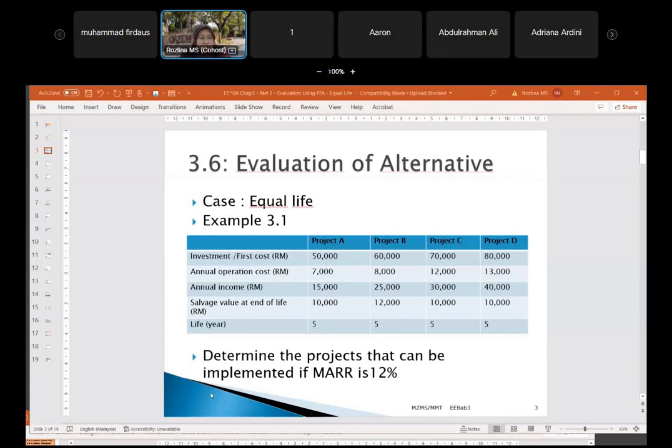So now the question is to determine the project that can be implemented if we have the standard MARR of 12% without compounding. Oh, easy. Without compounding is good. If you have the compounding word, that one is quite challenging. Okay, now MARR is 12%. What you want to do is